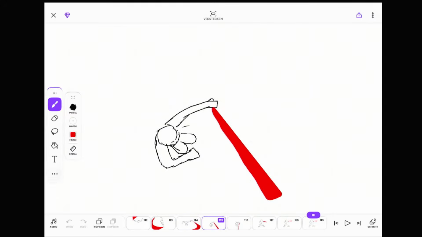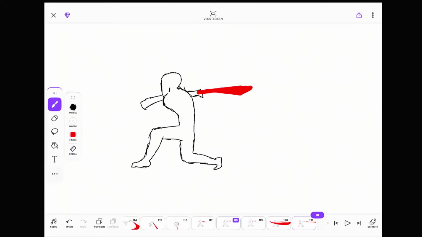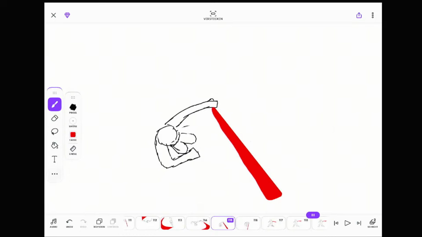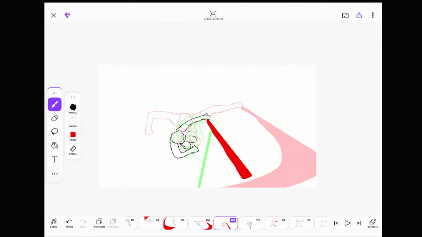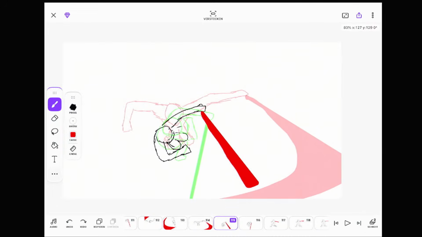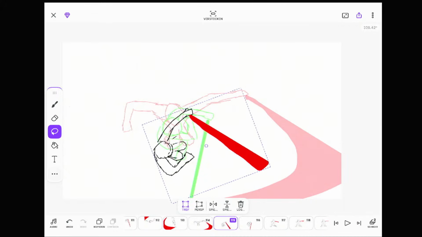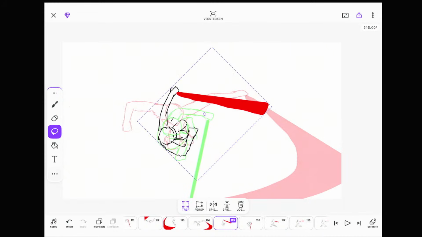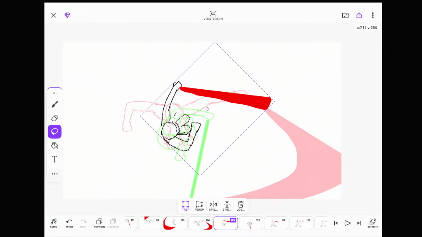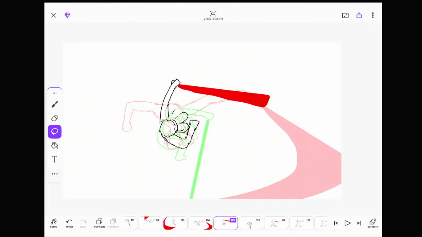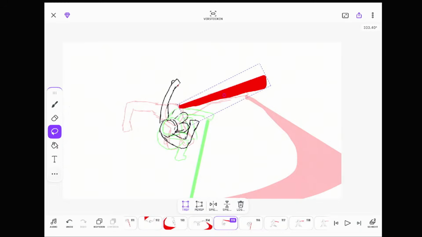I think I need more of a roll. Yeah, that's the problem. There needs to be more that he rolls to the side. I can change that.